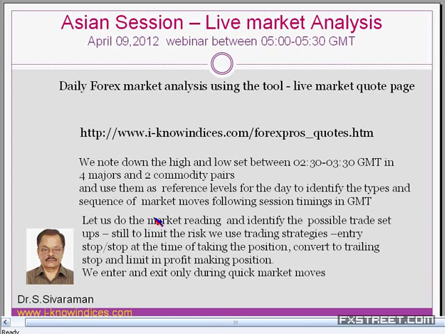Then once a position makes profit, keep the stop at entry. This is the basic trading strategy. We try to do it so that we are able to conserve our usable margin. And then once the position starts making profit, we trail the stop in a profit-making position, and we trail the hedging order in a loss-making position, and try to keep a limit opposite to that of the position